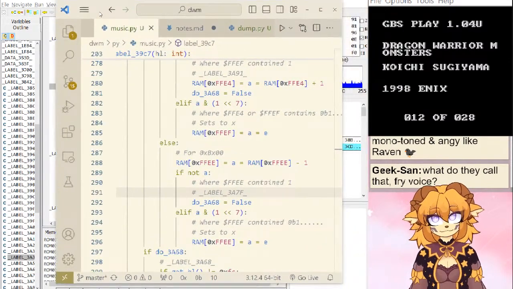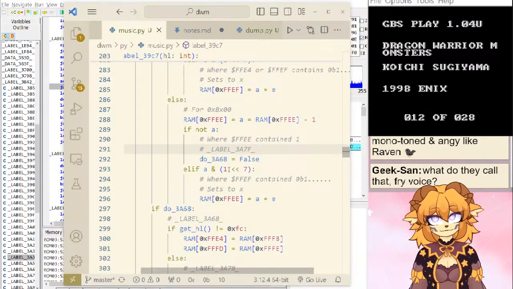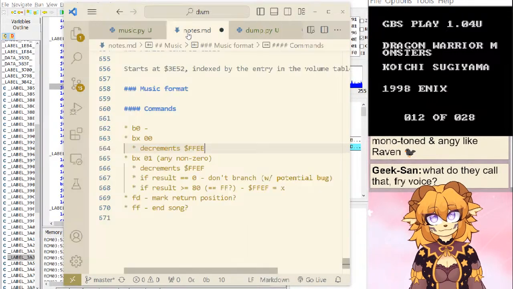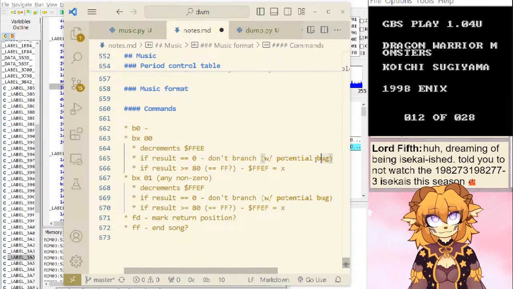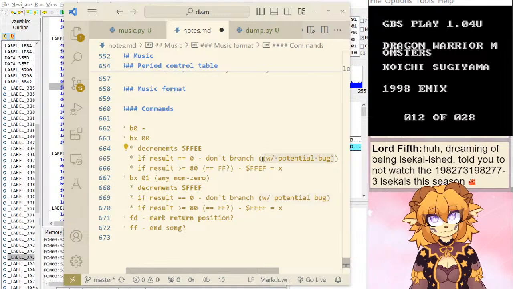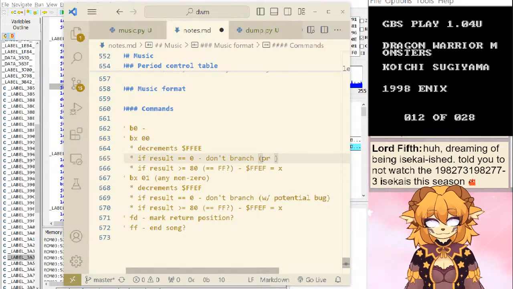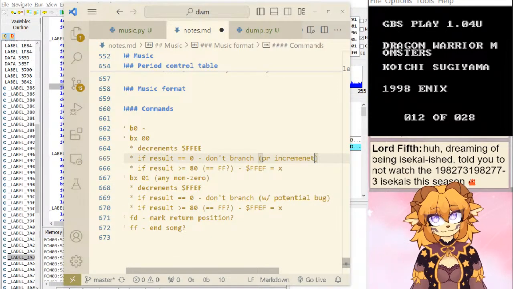Alright, where was I? Okay. Increment cursor.